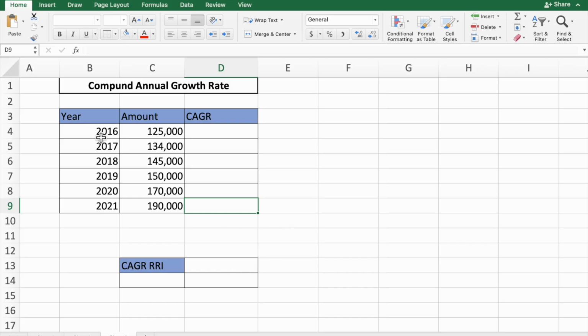So I have the years 2016, 17, 18, 19, 20 and 21. Okay, so now I want to calculate how much my growth rate is from 2016 to 2021, the compound annual growth rate. Okay, so what you have to do here, I want to calculate here, so what you have to do,